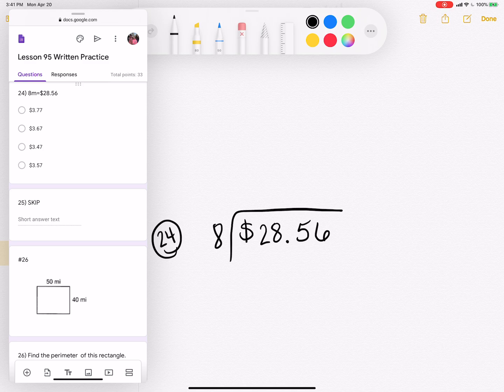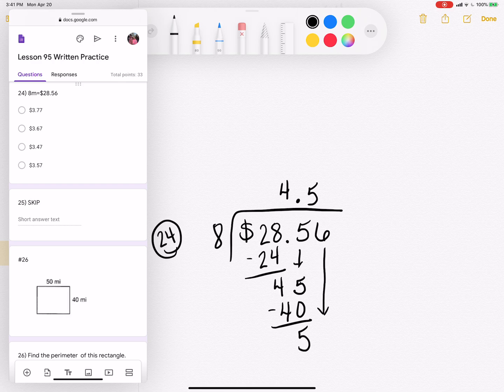24. $28.56 divided by 8. 8 times 3 is 24. 28 minus 24 is 4. Put your decimal in your answer and bring down your 5. 8 times 5 is as close as we can get. It makes 40. 5 minus 0 is 5. And bring down your 6. 8 times what is almost 56? Let's see. 7 times 8